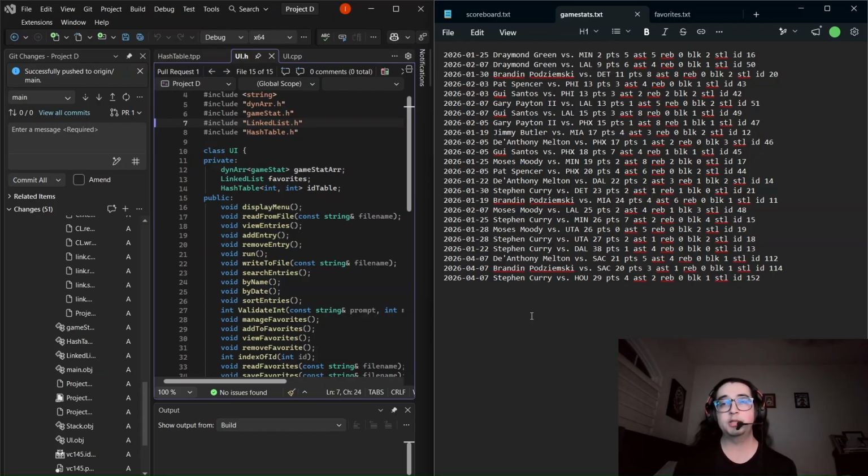It extends from my previous Project C by integrating a hash table that maps each entry's unique integer ID to its current position in the dynamic array, allowing for O(1) average case lookup. Today I'll be demonstrating the insert, search, remove, and collision handling. So first, to start the program,